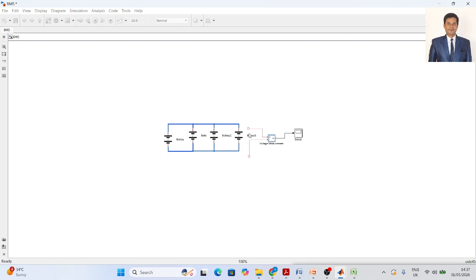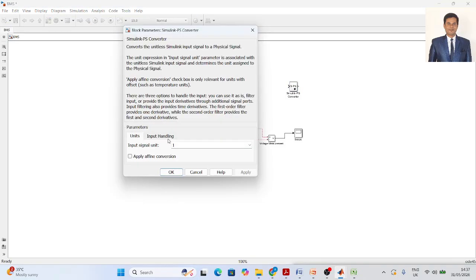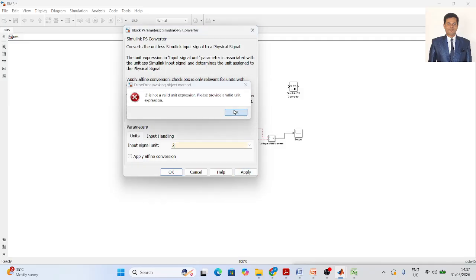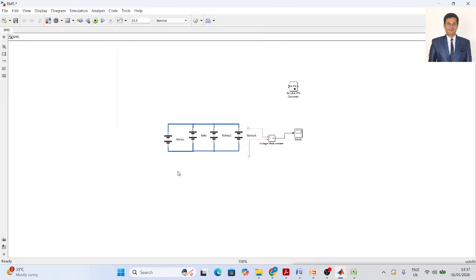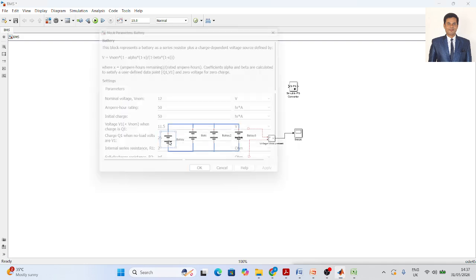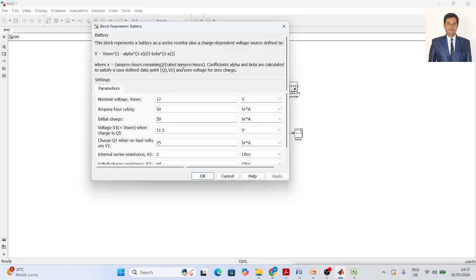So if you use these kinds of blocks, no, then it will try to connect your models. Simscape to Simulink to Simscape, okay. So like this, what you have to do? You try to connect it. And try to provide the battery voltages, okay.